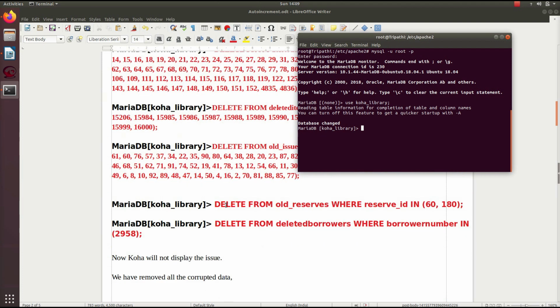I have instructed MySQL to use the koha_library database, so I am inside the koha_library database now.